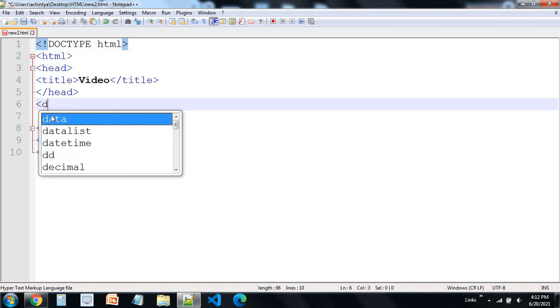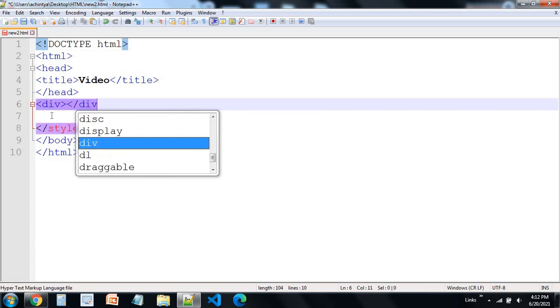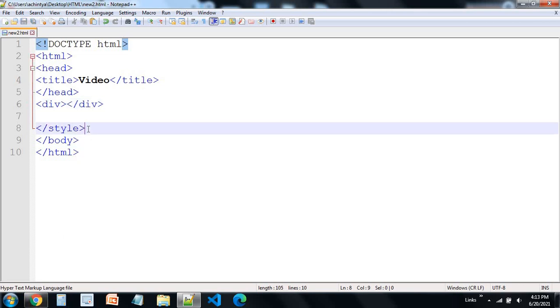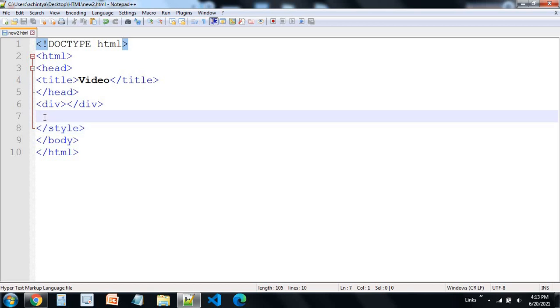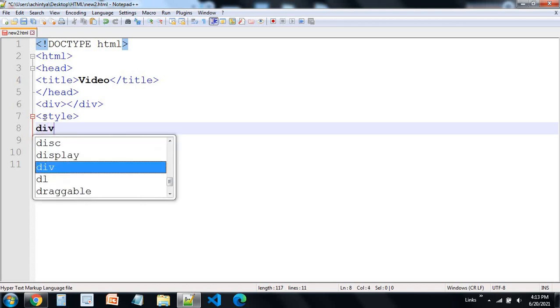So suppose I'm giving a div over here. Now I'm closing this div and saving this. And here the style tag, the one I showed you in my last video. This is basic CSS for the div.